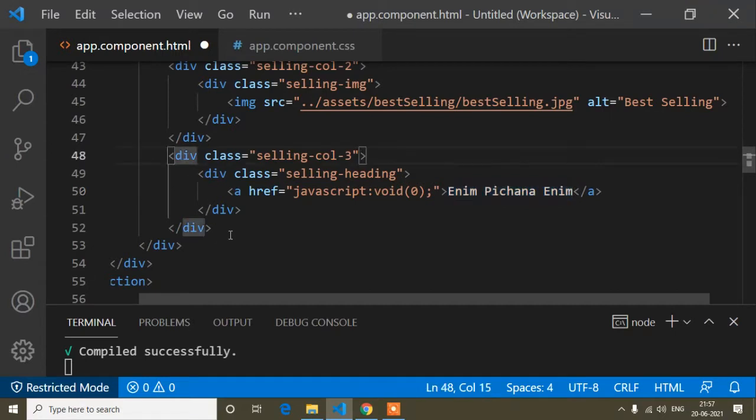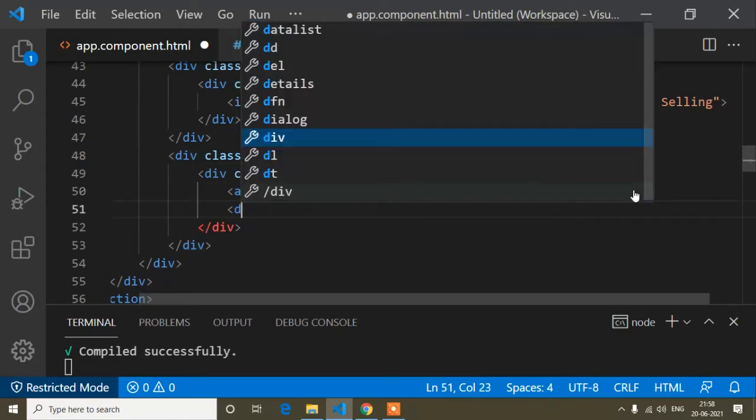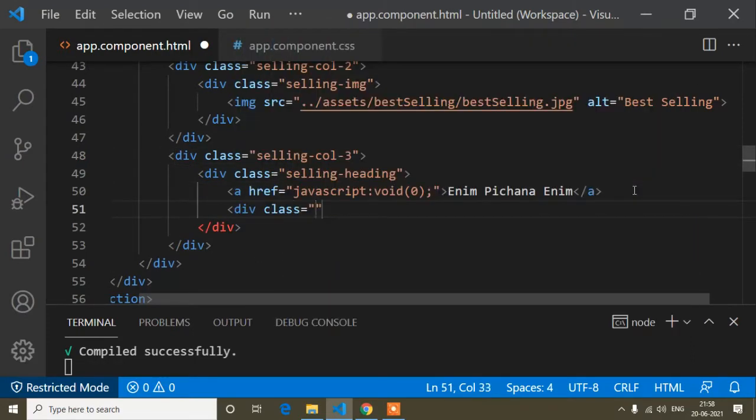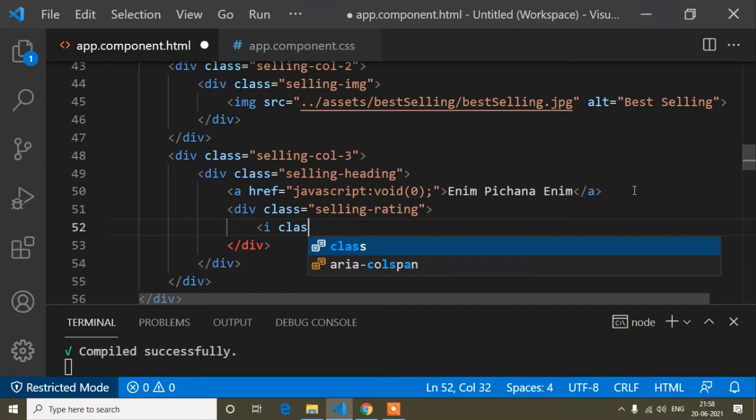Now after this I will write div class selling rating, and here I will add some font awesome icons. Guys, in the previous video I showed you how you can use font awesome icons. So this is the font awesome icon.